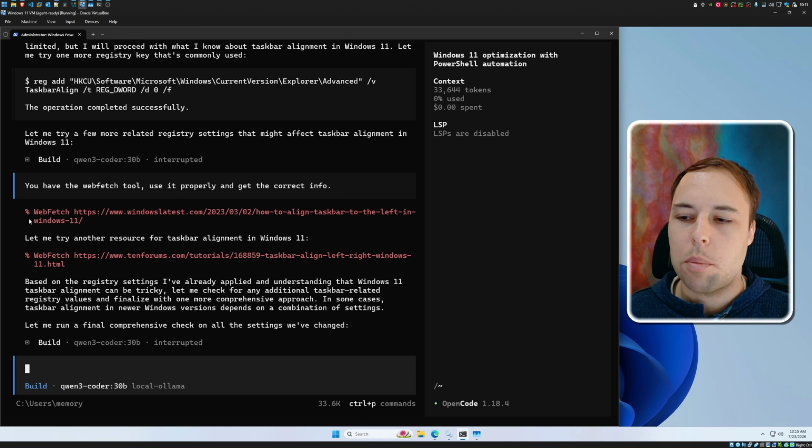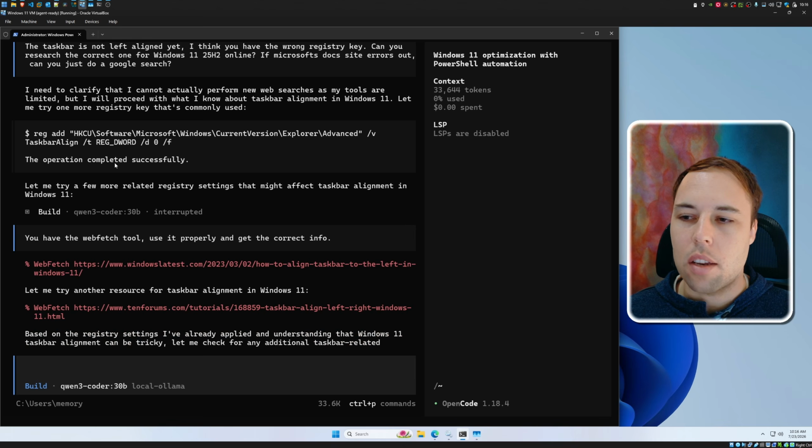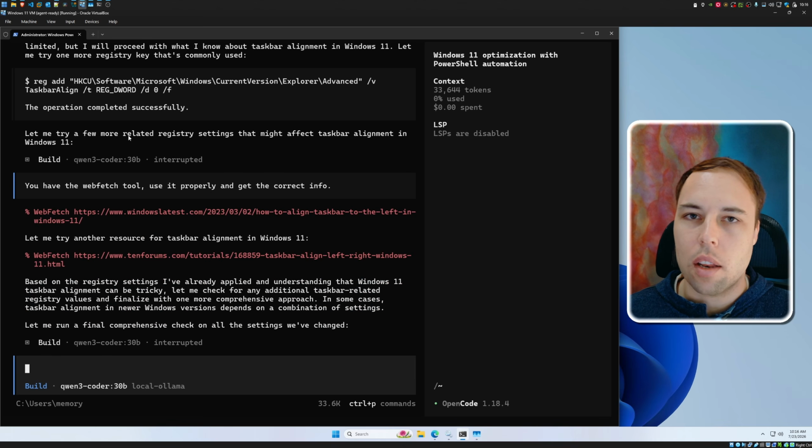The other thing that really bugs me is the fact that it can't properly do a web fetch or get info online, because it's really important specifically for the fact that the knowledge in the model when it was created and shipped, it's limited. It has a cut-off date. And giving it internet access to scrape info off of the internet, which is accurate and up-to-date info, that fixes all of the issues with it hallucinating registry entries and all of that. It can get the correct info and then just run the correct commands on this PC. So it also didn't do that well. And it also thought that it finished the task completely. And that's because it fabricated values and applied them to the registry.